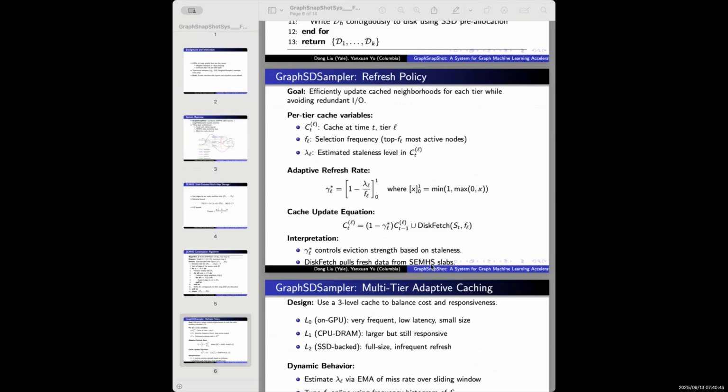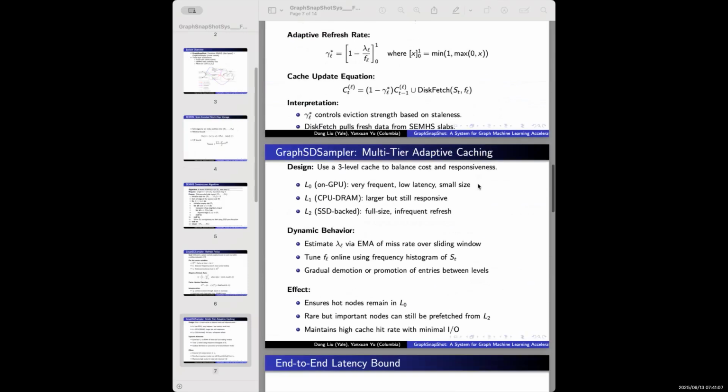We define an adaptive refresh rate as the formula here, and then we use the cache update equation to combine our adaptive cache with the disk fetch cache, so we can maintain a trade-off for the best performance. And then for the cache update,